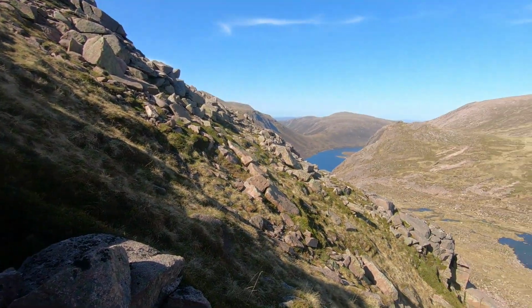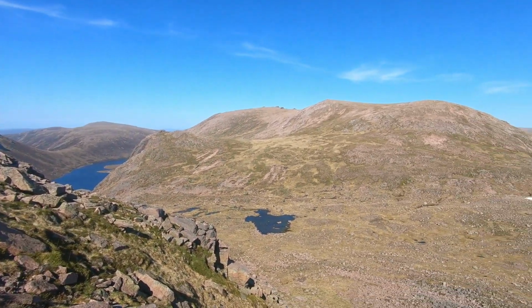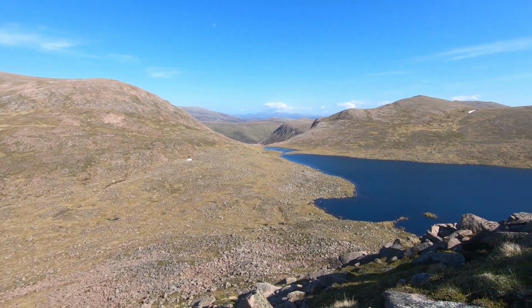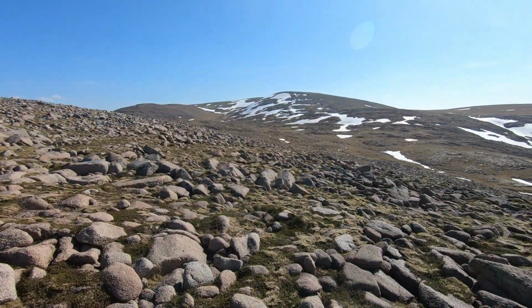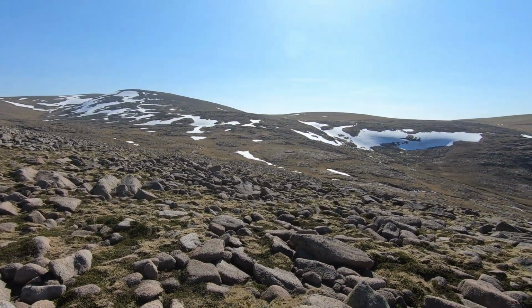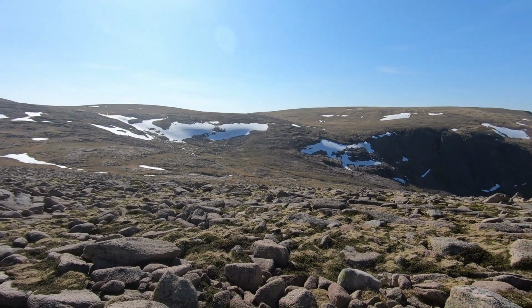So again, you're looking down there towards Loch A'an, and then there's the Tors and Ben Vein, and then coming round you've got Loch A'an on the horizon, and then the Cairngorms and Loch Etchachan. So looking up there to Ben Macdui, and then coming across